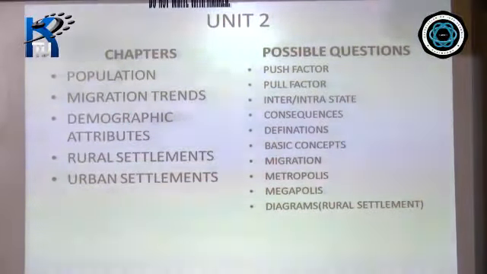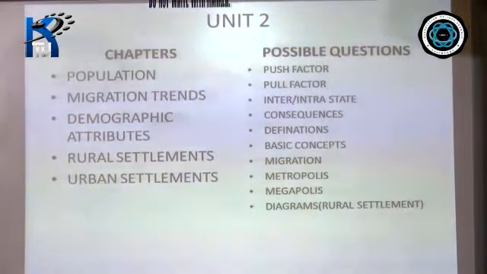Okay, so when you start with the population chapter, the first thing you have to remember is the name of the state with the highest population and the state with the least population. Why do you think population distribution in India is uneven? What are the reasons behind why population is high in the Indo-Gangetic areas, in the northern plains of our country, or why is the population less in the Himalayan areas or the border regions of our country? Those are the questions.